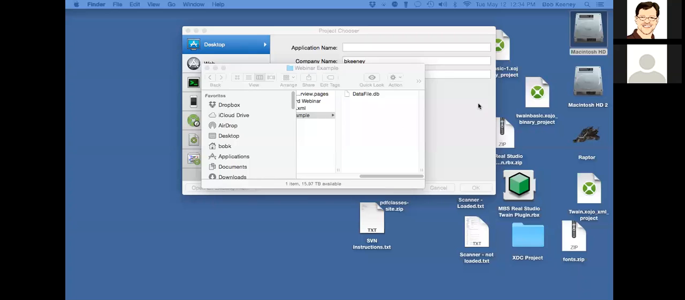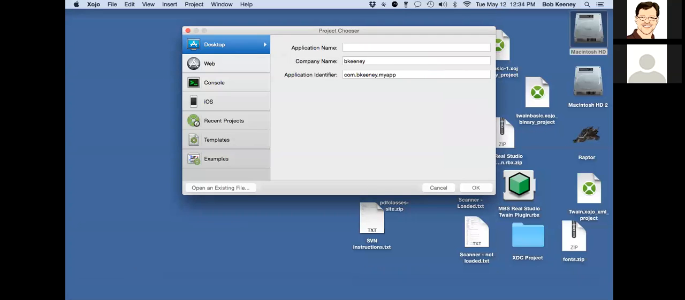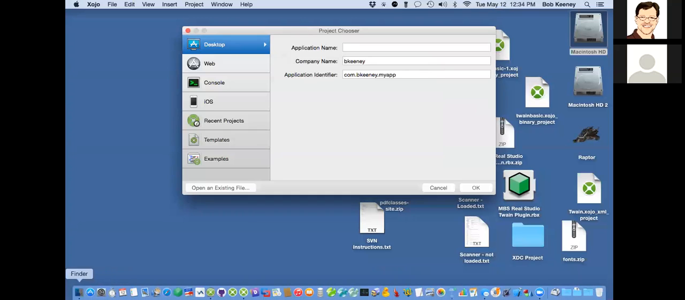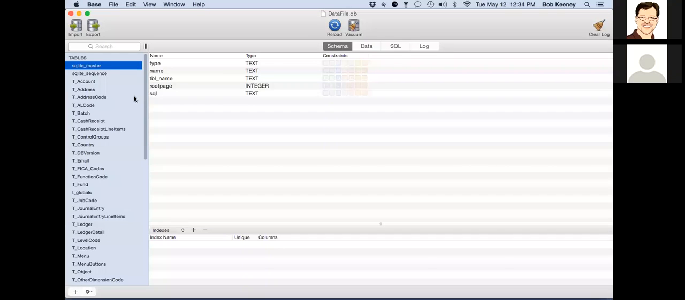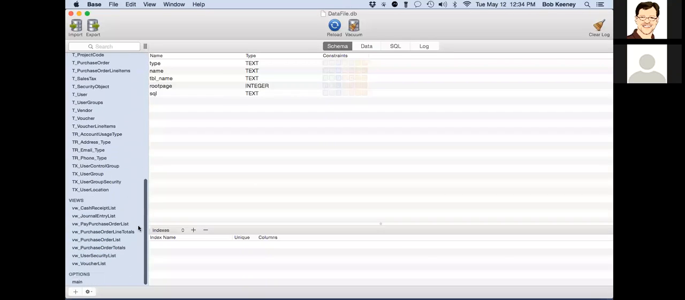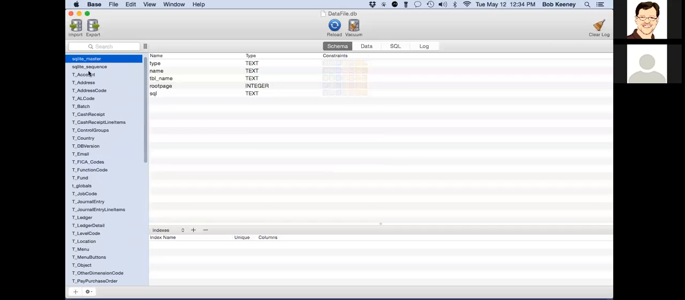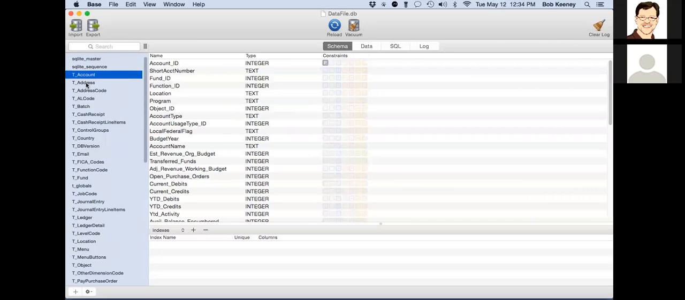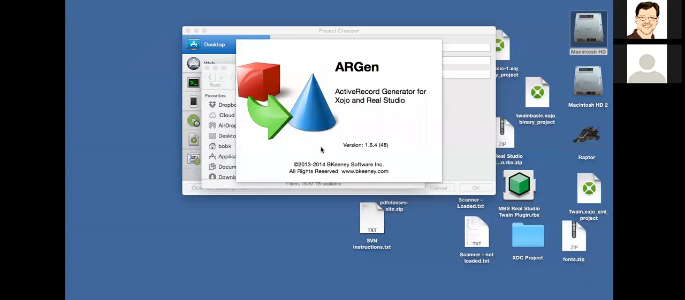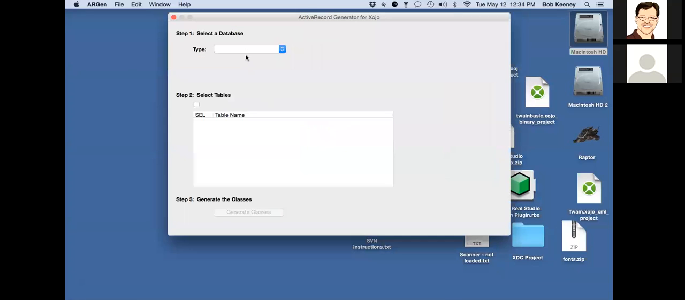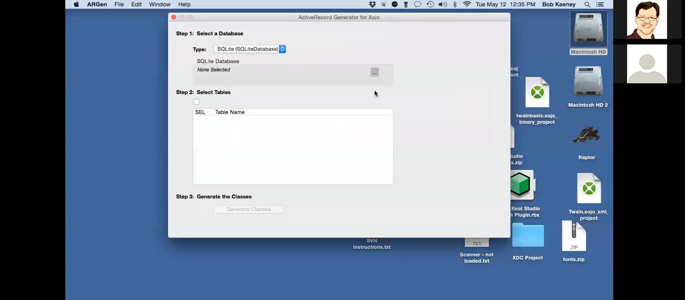All right, so let's look at a project here. I've got a database file here, and I'm just going to open it up in Base right now. So you can see we've got a ton of tables and views, and we've got lots of fields on these things. And what we want to do is create a Xojo application. So I'm going to start up RGen, and I'm going to create an SQLite database. Select the file,